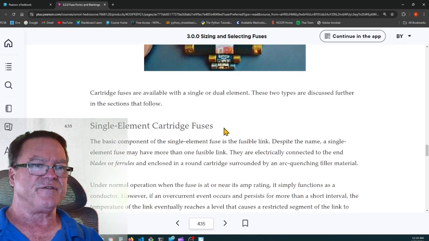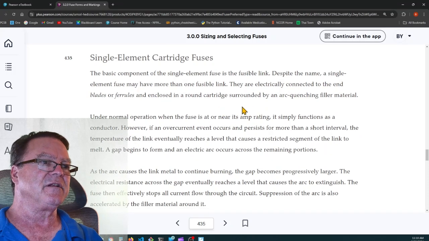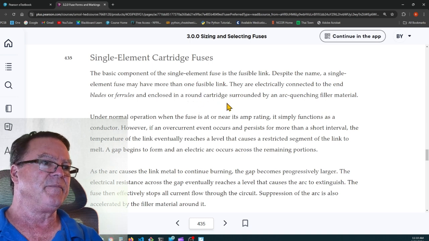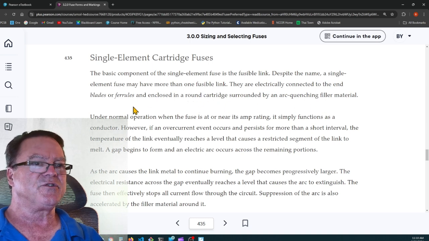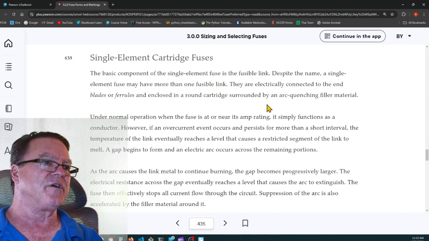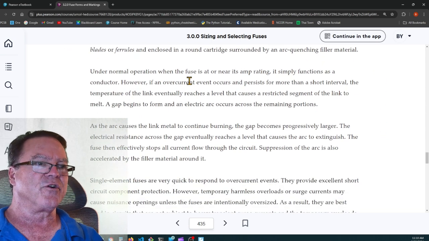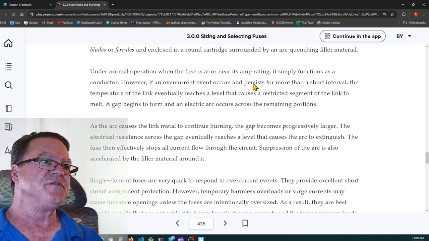Single element cartridge fuse: the basic component of the single element fuse is the fusible link. Despite the name, a single element fuse may have more than one fusible link. They are electrically connected to the end blades or ferrules and enclosed in a round cartridge surrounded by an arc quenching filler material. Under normal operations, when the fuse is at or near its amp rating, it simply functions as